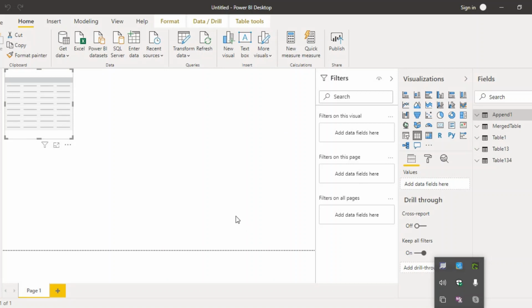In this video, we will see how we can merge different Excel workbooks into one in Power BI. Why are we working with Excel? Because there is a huge possibility that your data is in Excel sheets that you need to import into Power BI.